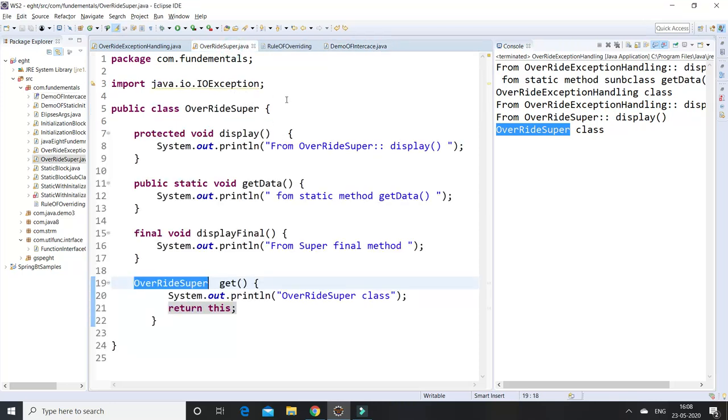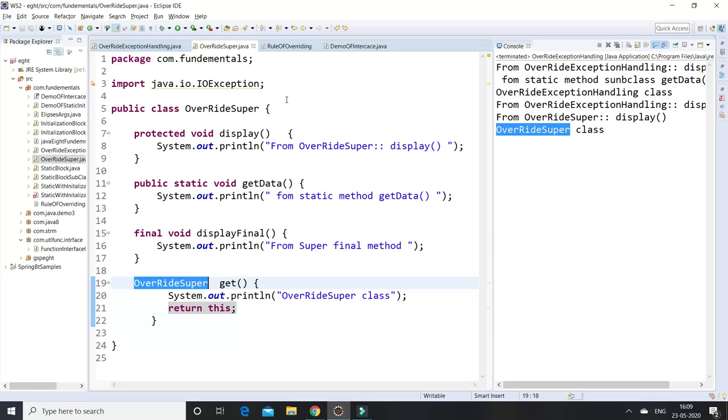What is the meaning of covariant type? If a method with the same method name is present in both the parent and subclass level, the return type must be different, whether it is the super or subclass level. The subclass level method's return type must be a subclass of the superclass level's.